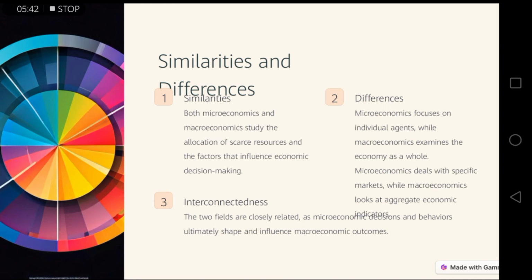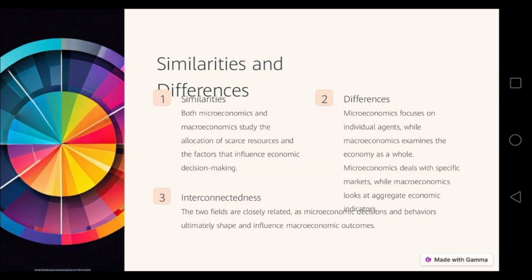Okay, so the difference is that microeconomics focuses on individual agents, while macroeconomics examines the economy as a whole. Microeconomics goes to the individual sector, the firm sector, and specific markets, and tells them how to make decisions and how to use scarce resources. And macroeconomics goes to the whole aggregate level, such as employment, government, and the use of fiscal policy, to manage those scarce resources.